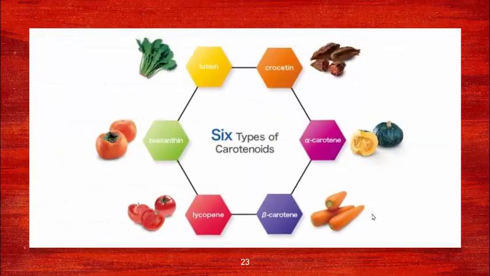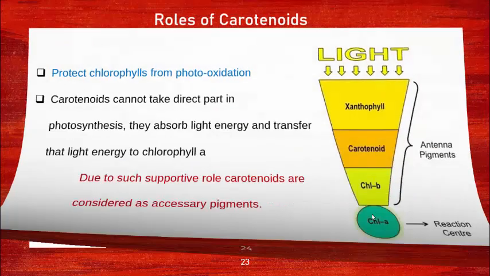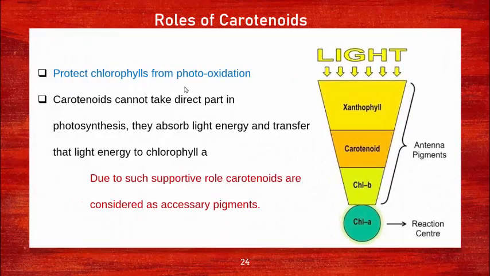Carotenoids are brown, red or yellow color. It gives brown, red or yellow color to the plant parts. As plant leaves mature, chlorophyll deteriorates and is replaced by these carotenoids like xanthophylls and carotenes, and thus the senescent or ripened leaf appears yellowish. Now we will see roles of carotenoids.